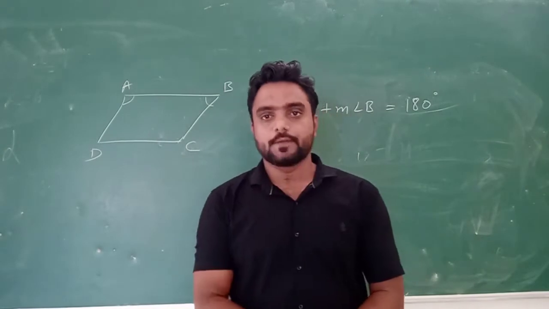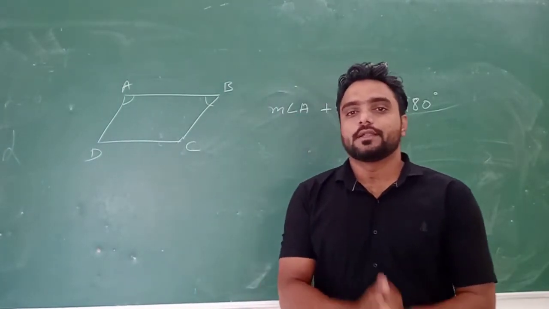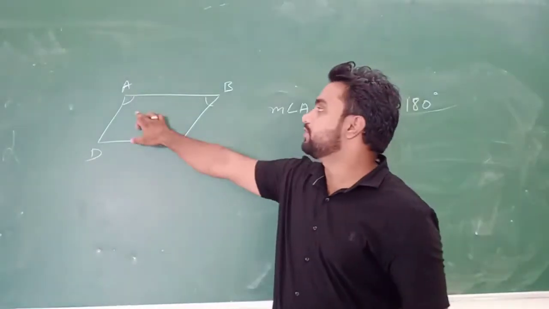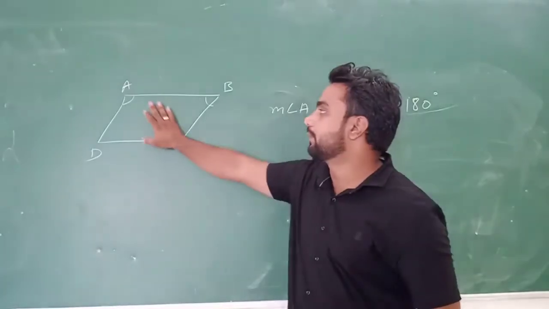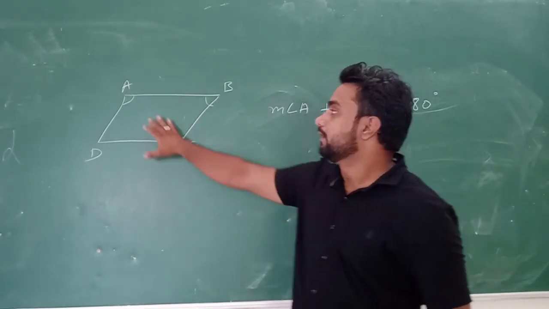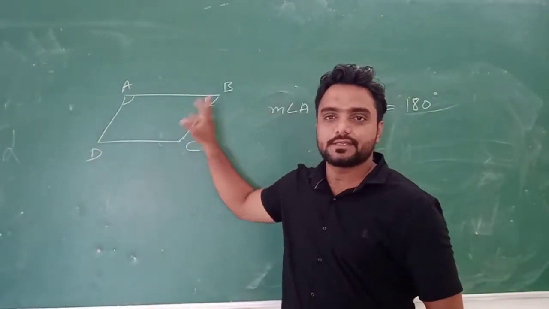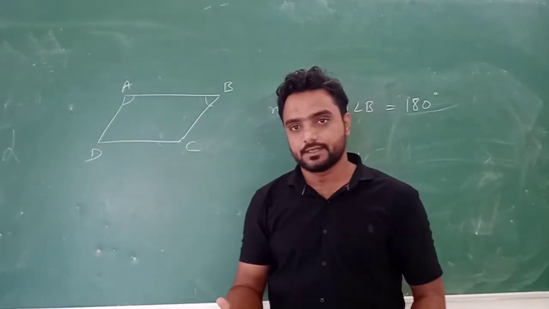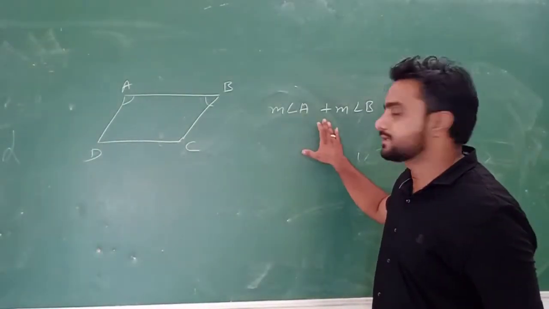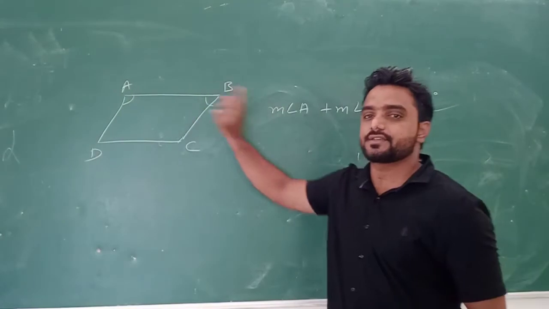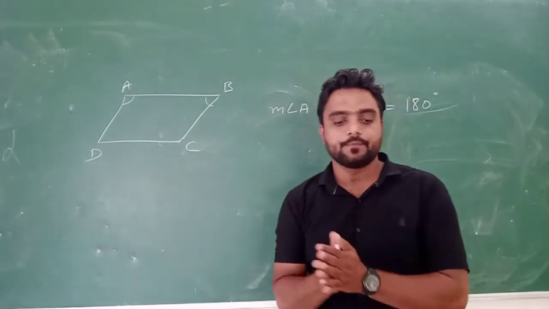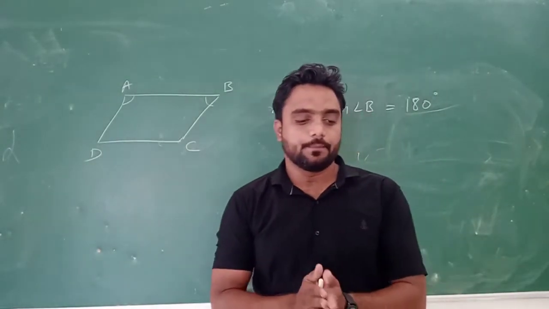Now this property is that the adjacent angles of a parallelogram, that is, the sum of adjacent angles of a parallelogram is supplementary. That means the summation of these two angles. Suppose here I am taking parallelogram ABCD. So according to that, angle A and angle B both are the adjacent angles. So these two are the adjacent angles. So measure angle A plus measure angle B, that is the summation of both of the adjacent angles, is equal to how much? Supplementary, it is 180 degrees. Understand or not? So this is another property of a parallelogram.